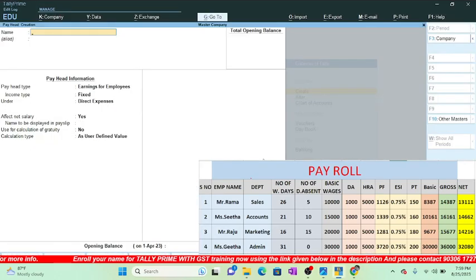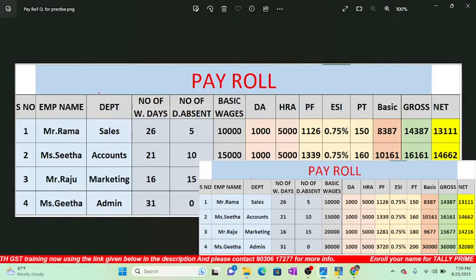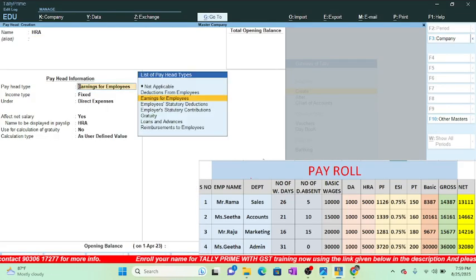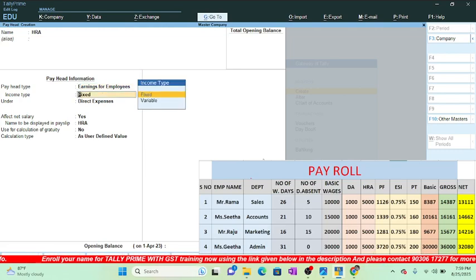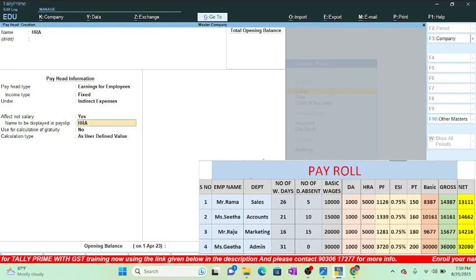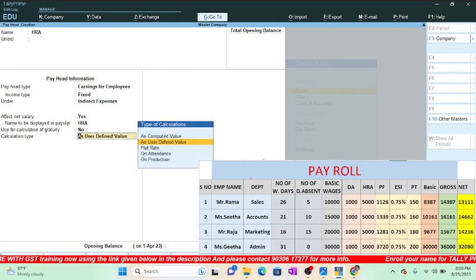Then the next head is HRA. So this HRA also given 5000 rupees fixed for all the employees in all the departments. So how to create HRA, we'll see. Same, select earnings for employees and fixed. Comes under indirect expense only. Select as computed value,